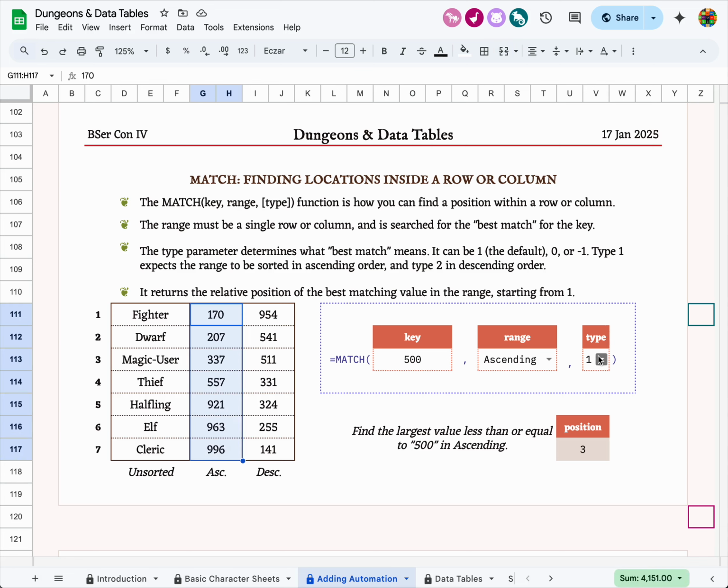Type 1 search means I want to find the largest value less than or equal to 500. And I can tell by looking at it, that's going to be 337. And that is 1, 2, 3 rows down. Hey, look, position is 3. Now, if I change this to 0,